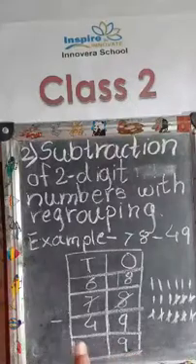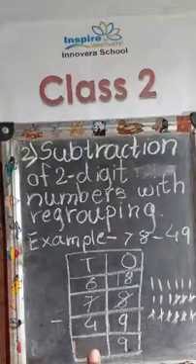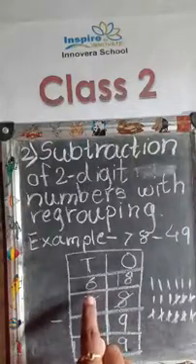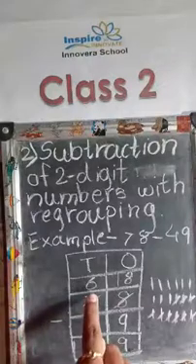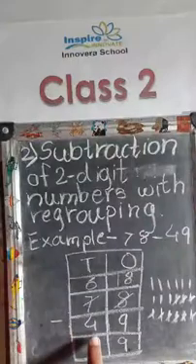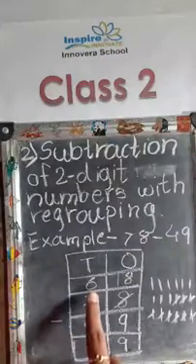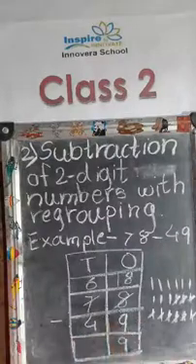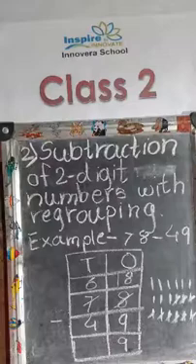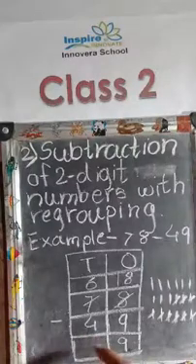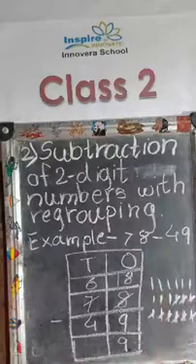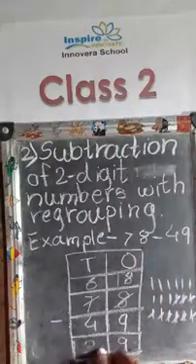Now we will go to the next column. So what is there now here? We have got 6 in the tens place. So 6 minus 4. Here we have to do 6 minus 4. After 4, start counting till the number 6 comes. After 4, you can start counting 5 and 6. So what number have you got over here? 2. So our answer is 29.